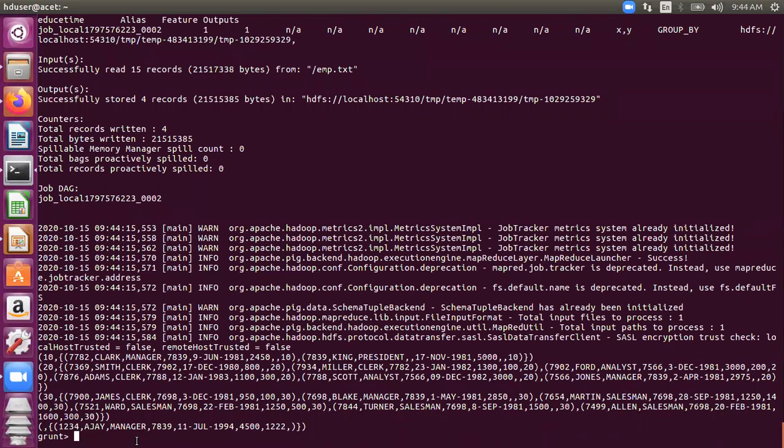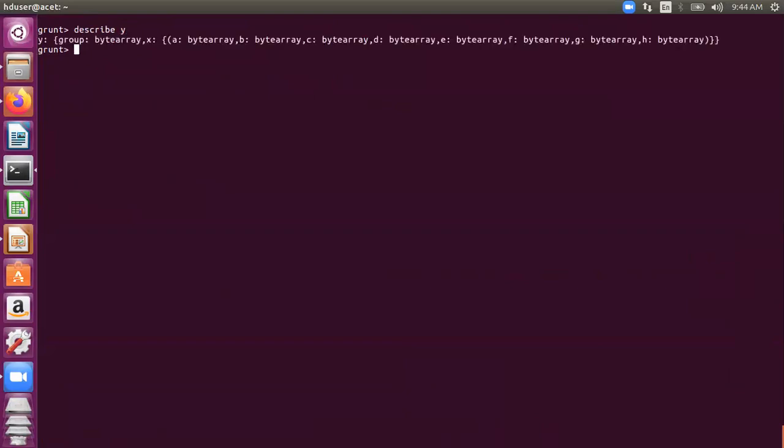So this is how grouping is done, and this is the resultant. What is the resultant? Look carefully. This is the resultant, the relation Y, which is a result of the relation X being grouped on the column DNO, that is the department number. So it results in two fields. One field is named group.